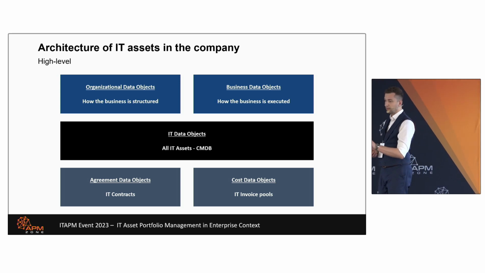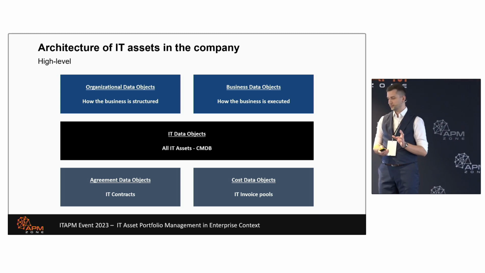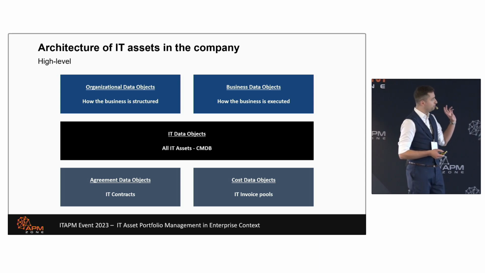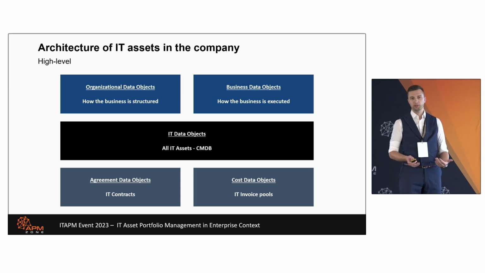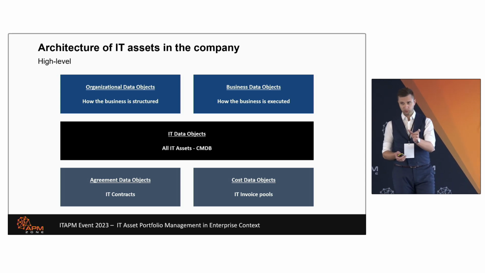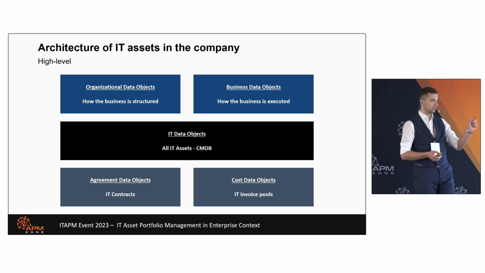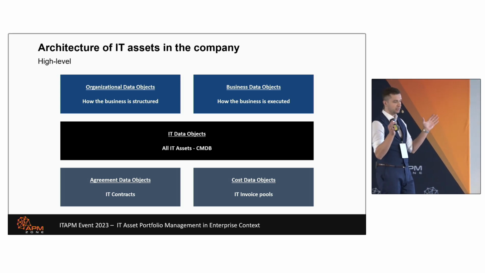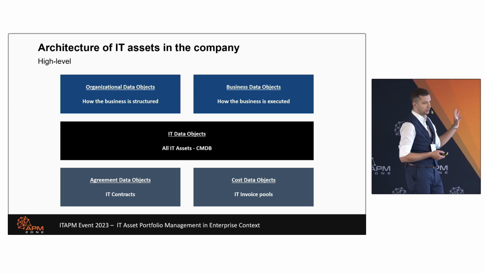This is, of course, a very high-level, simplified view, but it will enable us to continue the discussion. At the top, we have the business data objects. I will be referring to data objects because everywhere where we describe things in our world, it's some kind of object that we identify. Even if we put something on paper like a regulation or policy, it has some relations and attributes. If you put it into the database model, that's basically an object that you can manage. So that's how the business is structured, or all the organizational data objects.